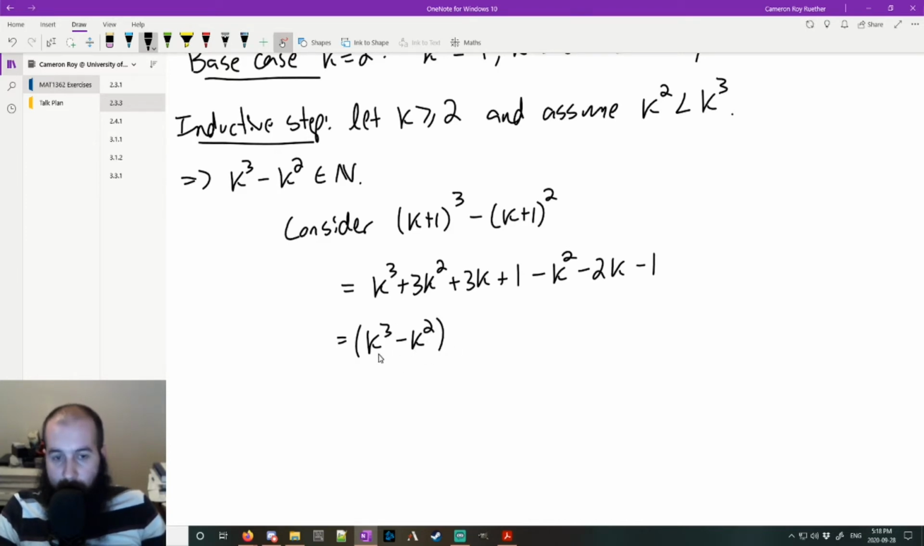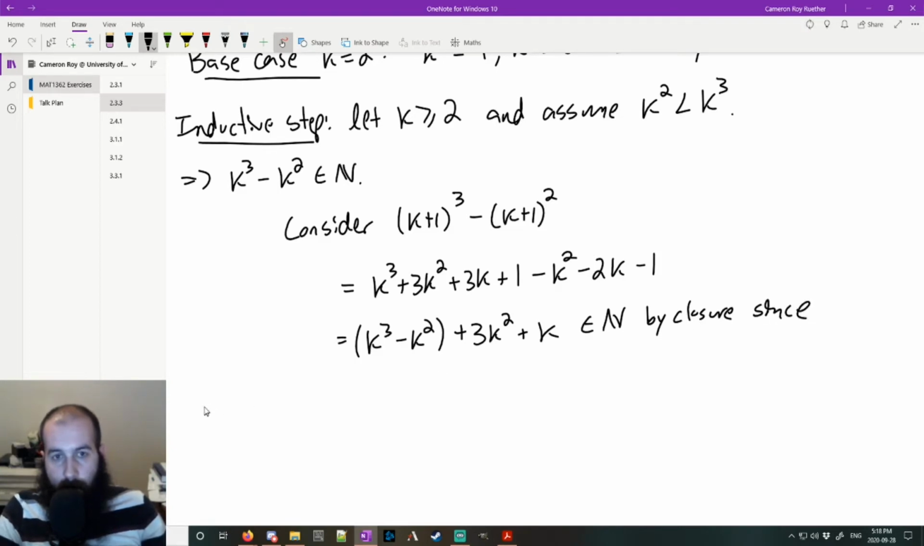Because we've made an assumption about k cubed minus k squared, we know it's natural. Then we can gather together the other terms. So we have a 3k squared, we have 1k, and the plus 1 and minus 1 cancel out. So we get this expression here. And we can say that this is natural by closure,